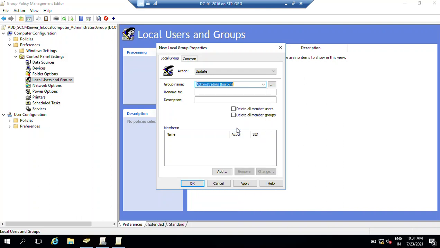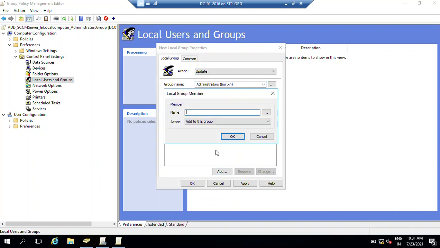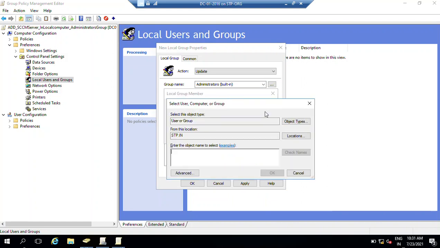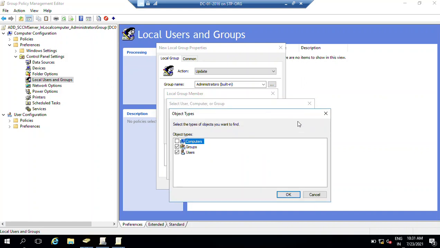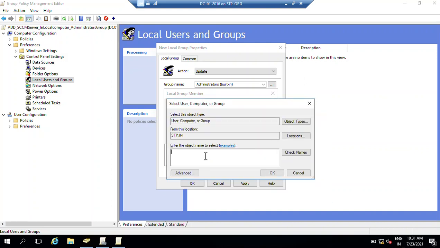This one, the Administrators group, and now we need to click on the Add button. From here we need to find our server, so click Browse, Object Type, select Computer, OK, and type your SCCM server name.